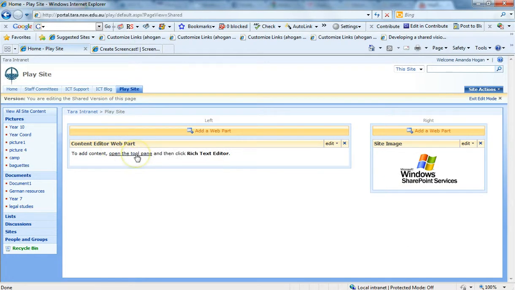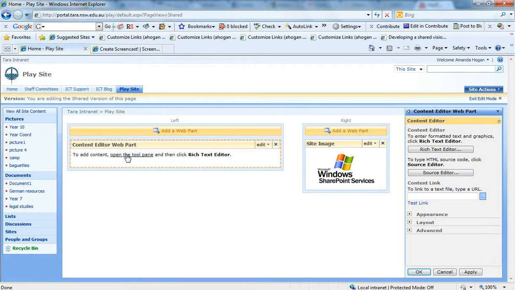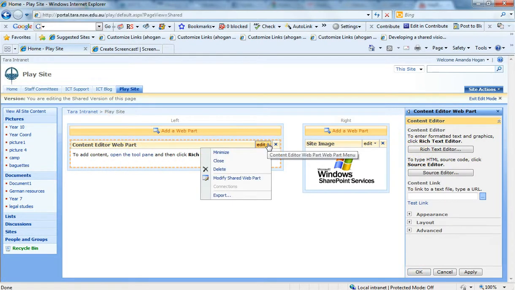Okay, and so that tells me to add content to this, I want to open the tool pane. So I'm going to click on that link, and it opens the tool pane to my right. Now, if I ever have to do that without this open the tool pane link, it's easy to do. I go to the edit drop down list, and I click modify shared web part, and then that brings up